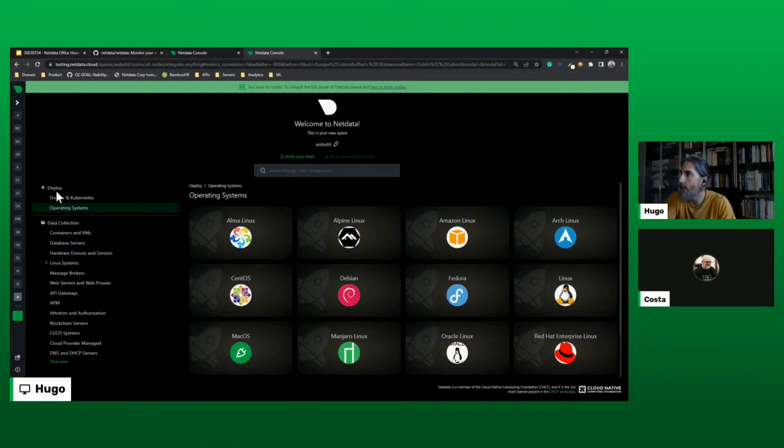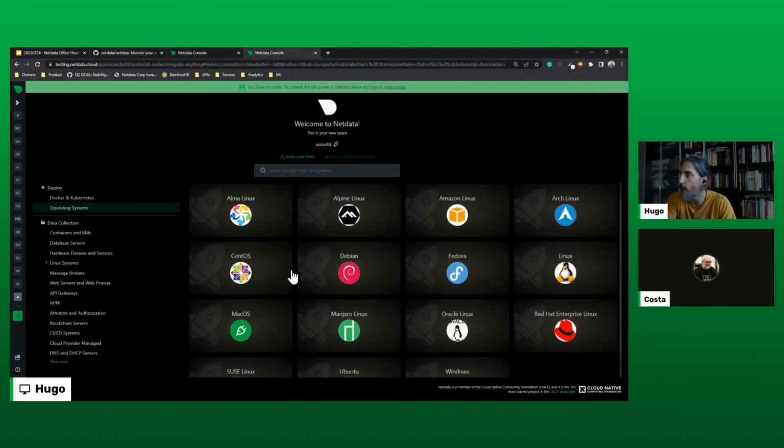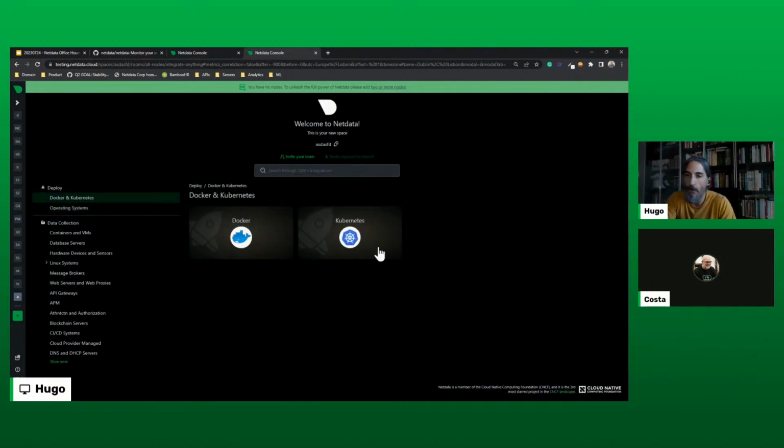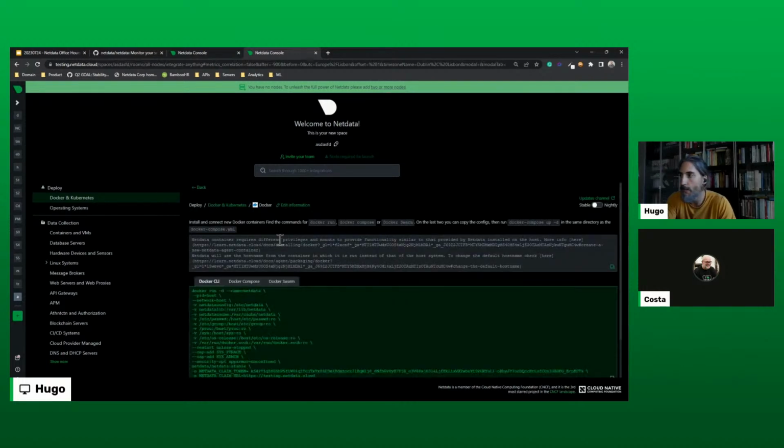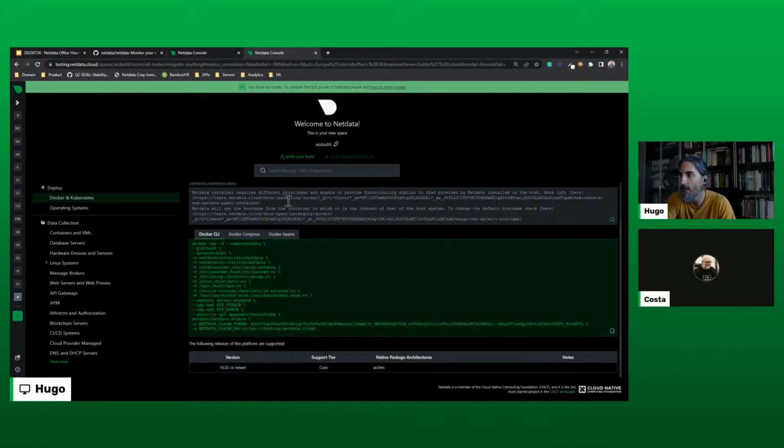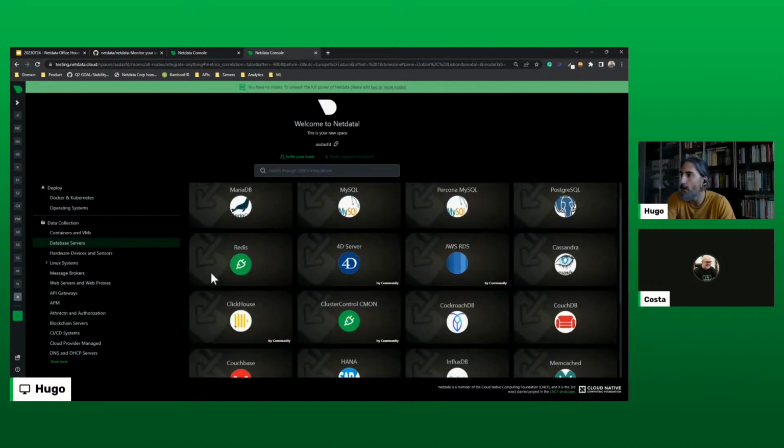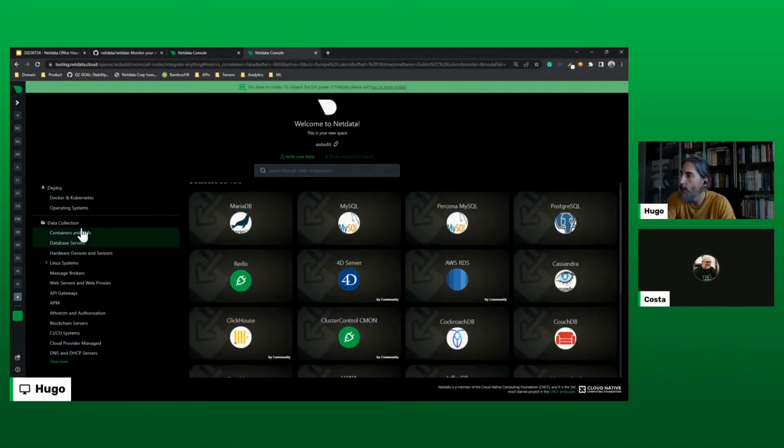We have a deployment section showing which operating systems you can deploy this on. If you run Docker or Kubernetes, you can also deploy there. There are some things we're still fixing, but there are the commands that you need to run to do it. But probably the most interesting part is going to be on the collection side. Here, under data collection, you will see a couple of categories that we have put our collectors into. And if you jump into any of these